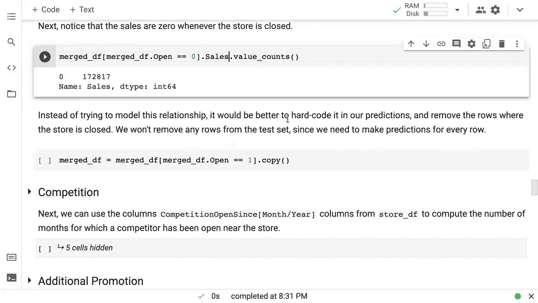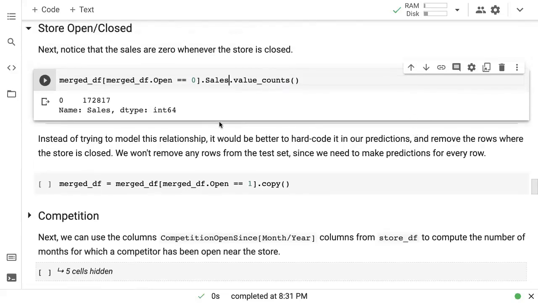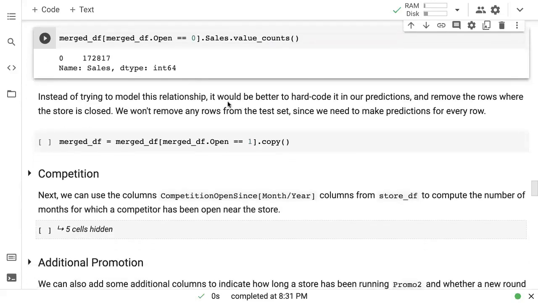We can just hard code this relationship in our predictions so that whenever we are making any predictions on the test set, for example, we can simply set the sales to 0 if the store is closed. So that's what we can do for the test set. What do we do in the training set? So in the training set, I would argue that the best thing we can do right now is simply remove all these rows and just train a model which works on data for when the store is open. Okay. So we are only building this model for the days where the store is open, and that will make it easier for the model to learn some of these other relationships, which are not as easy to guess.